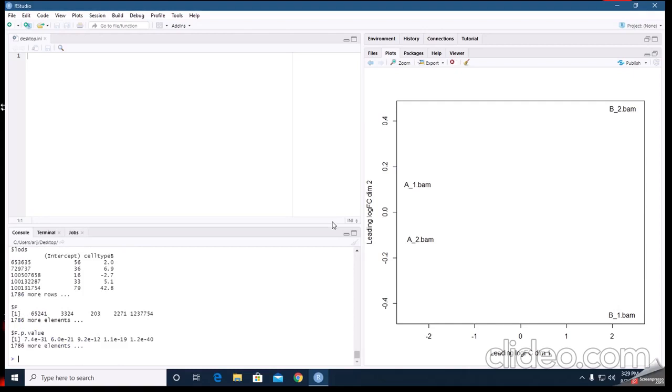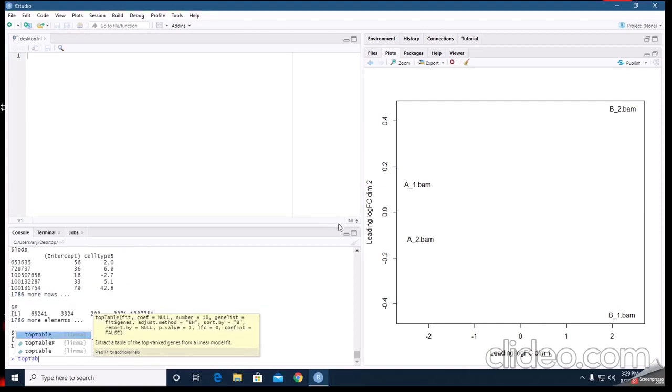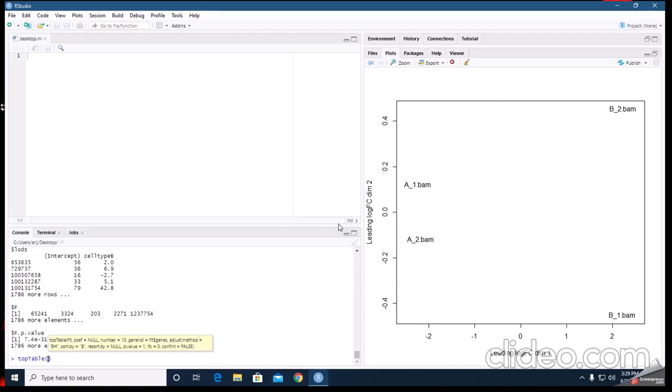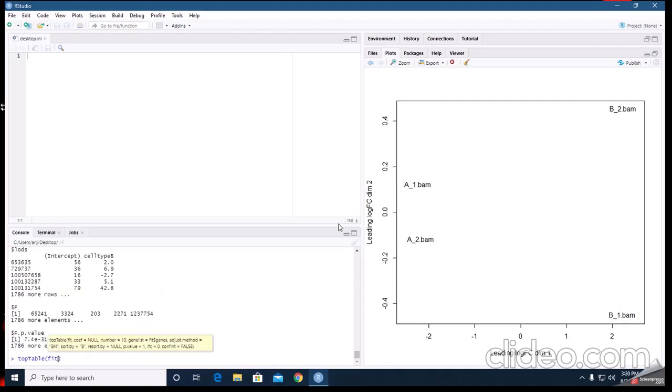Okay, now for DEG calculation we use the topTable command. And we use fit, which contains our linear fit model, and we declare the coefficient.